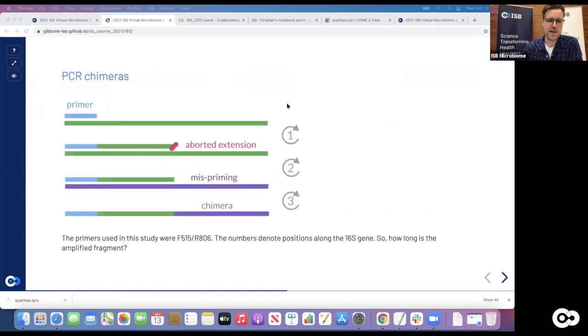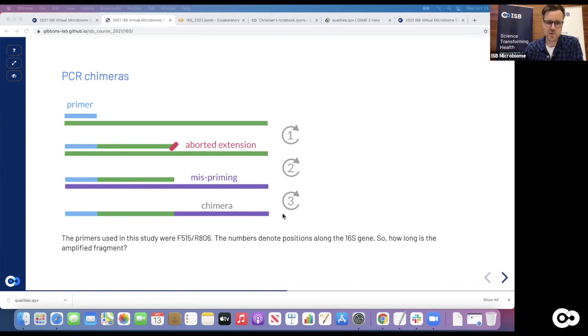One thing you have to fix afterwards is you also have to account for PCR chimeras. Like I said, we're sequencing a single amplicon that's still very similar across organisms, even though we have set variable regions in there. But one thing that often happens during amplification with PCR is that you get some aborted extensions. Since we start with a conserved region in every primer, and it goes a little bit into the actual read, you get mispriming events where a new sequence is similar enough to still prime with that aborted extension,